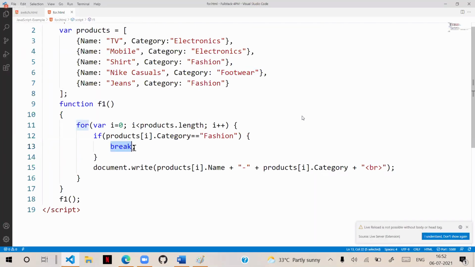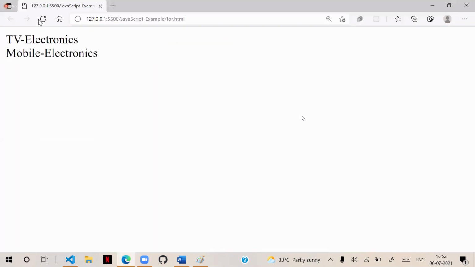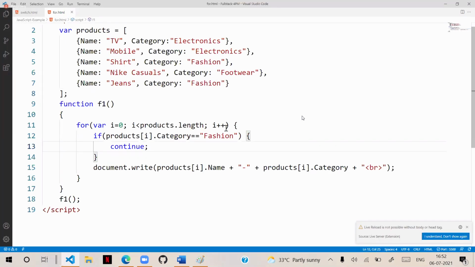So we use continue. Continue means it will ignore it. That means it will skip that and continue to the next one. So wherever fashion comes, it will skip the counter. You can write multiple. Suppose I don't want fashion and electronics.